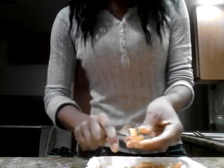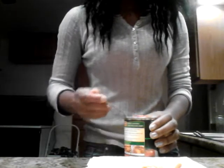Okay, so we're cutting up this cheese and it's taking an extremely long time, but that's okay because we're done. We are done cubing this cheese up. I have my stewed tomatoes, and I'm putting